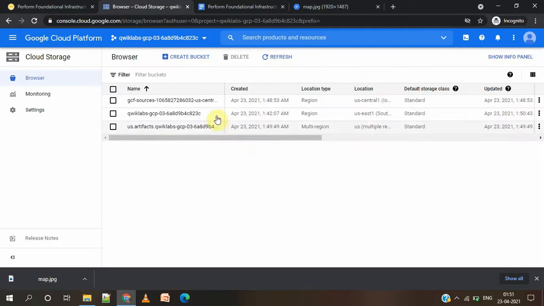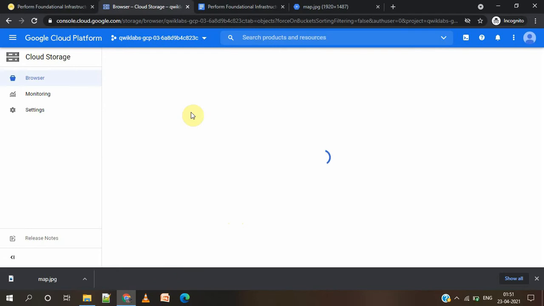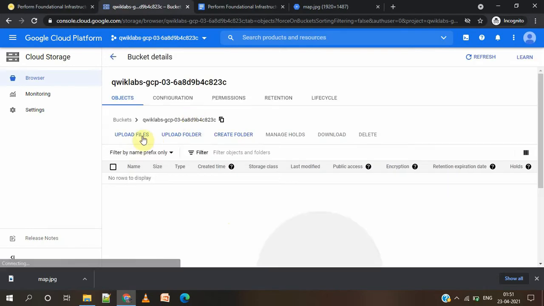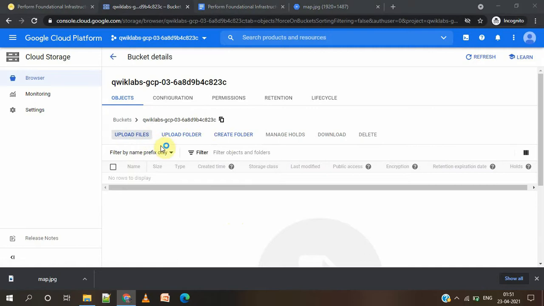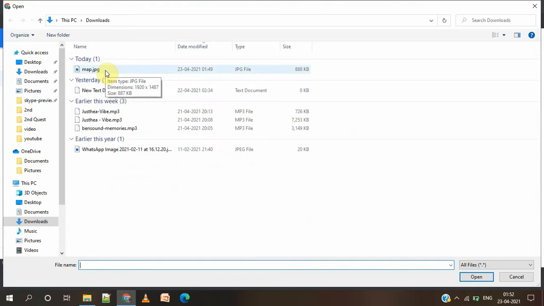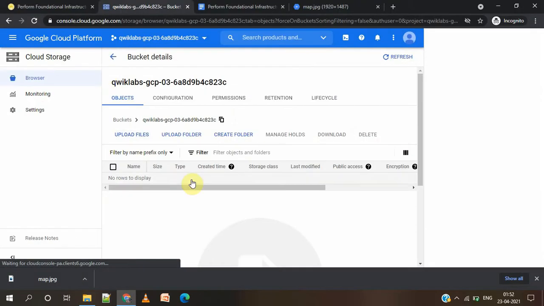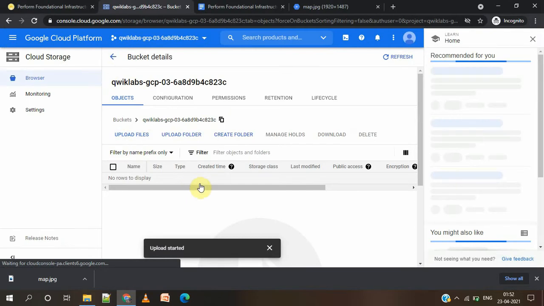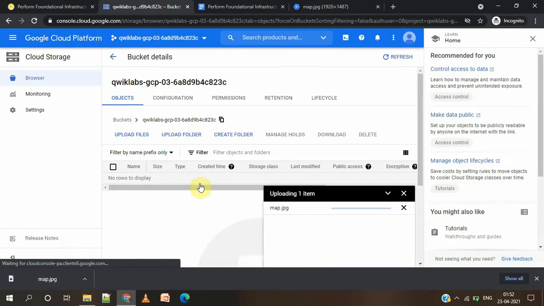Select the bucket with the name of your project ID. Click on Upload File. Just upload the same file that we just downloaded, map.jpg. Wait for 2 minutes, it's getting uploaded.